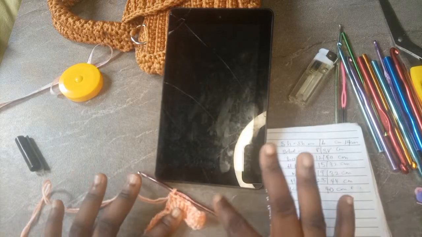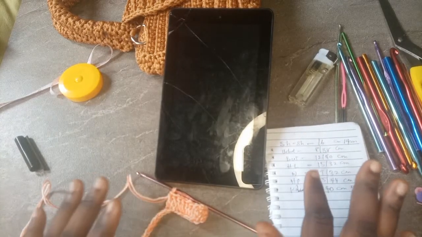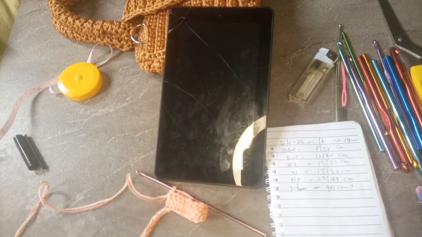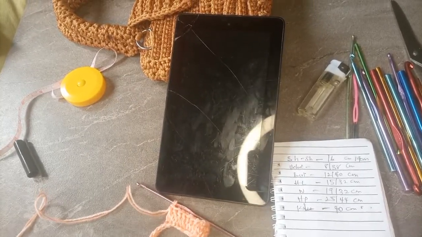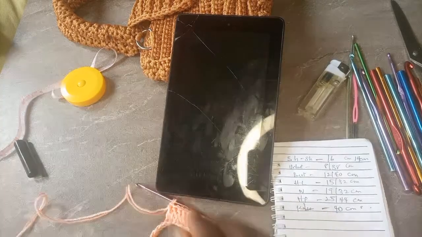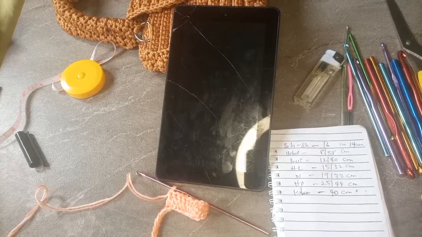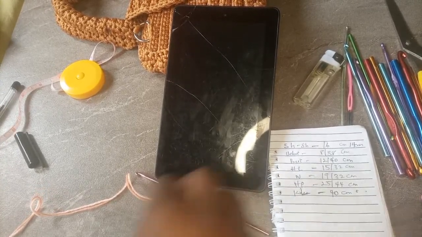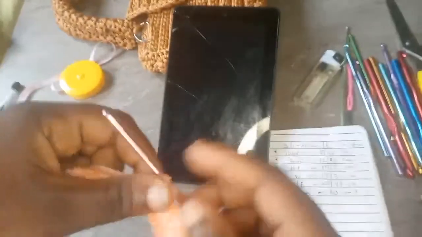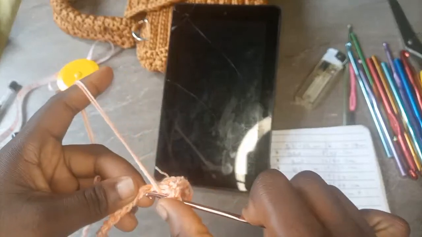So it's not as if you are making for a human being. At the end of the day, it's going to look like a doll size, if you understand what I'm trying to say. Not the small doll size anyways, but at least a doll size. So it will save your yarn. At the same time, it will save time as well. Okay, so you can go ahead and use these measurements. It's just for practice. Nobody is going to wear it unless you have the measurement of your doll you want to wear it for now. Okay, so let me just keep doing this.